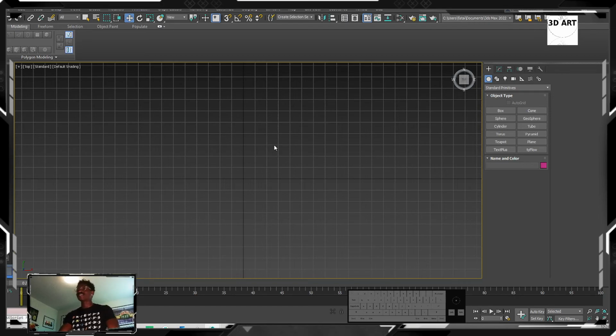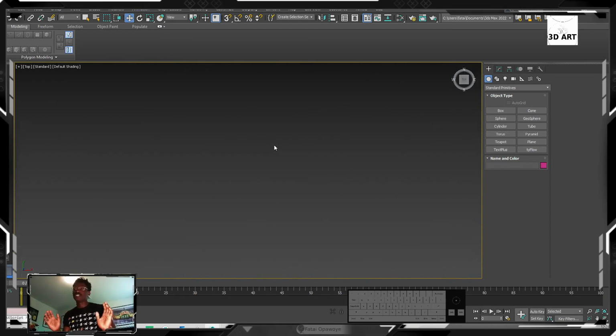So if you're modeling and you're tired of seeing this pesky grid in your face, it's annoying, just hit G on the keyboard. It makes that bad boy disappear. All right. And if you're completely lost, don't know where you are, can't find your bearings,